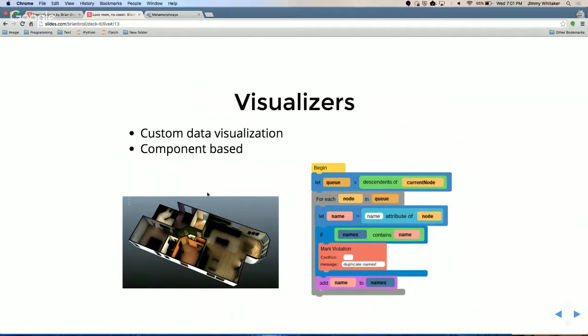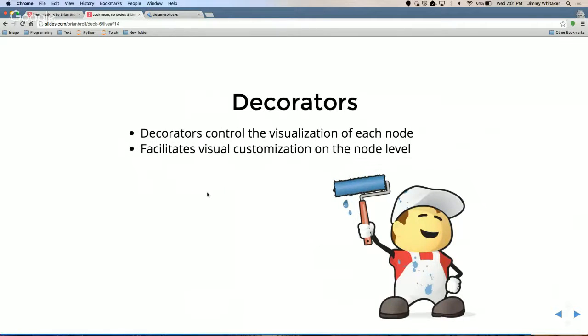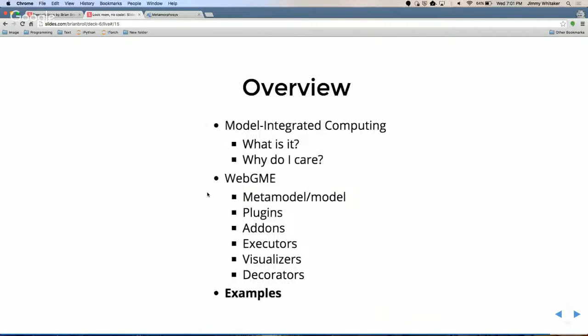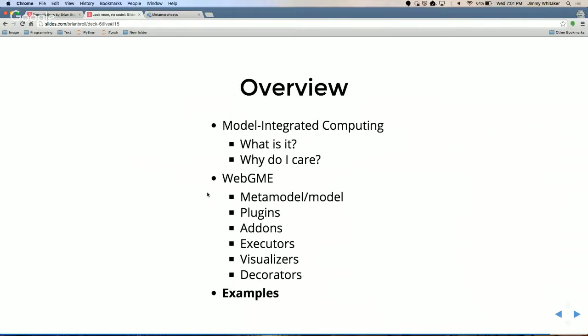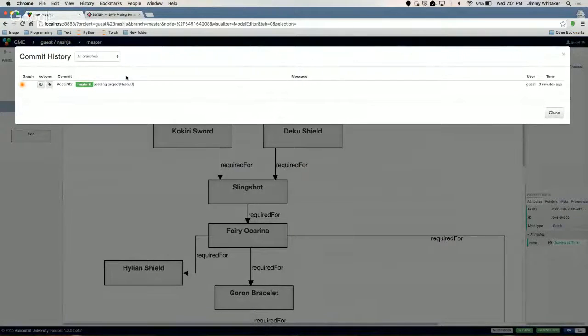There are a couple other concepts that I didn't touch a lot on in this talk because I tried to get through all the components that go into this. But the WebGME also supports collaborative editing, Google Docs style editing, as well as version control. I might be able to show you some version control here, but it might be boring because I just started this project. Yeah, this is a pretty boring history. Anyway, if I had done more things, you would see a list of all the commits, and then you have branches, so you can fork and merge and all those fun things. What's that?